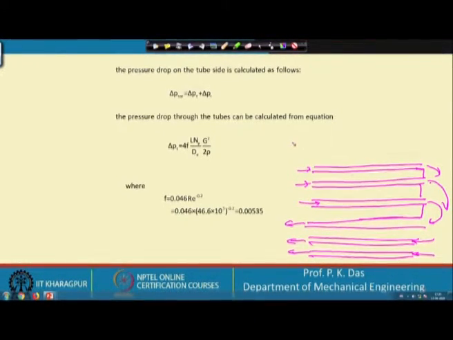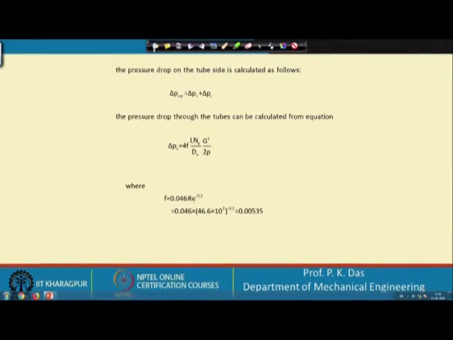So, for the tube side fluid, this could be the inlet and this could be the outlet. So, these kinds of configurations are possible, and if these configurations are there, obviously you can understand there will be some sort of a pressure drop when the fluid is passing through the tube, and when it is taking a turn and returning, there will be some additional pressure drop, and one has to take care of both.